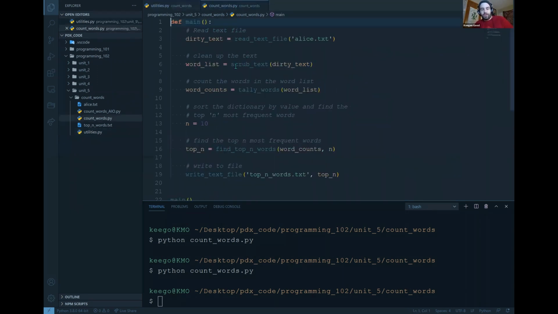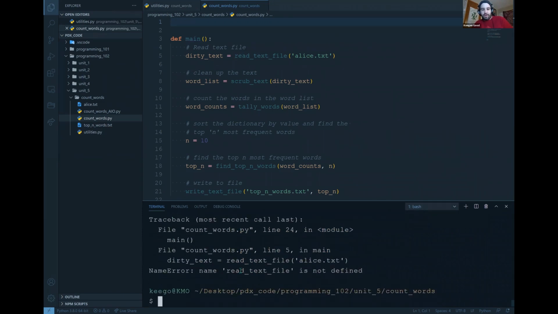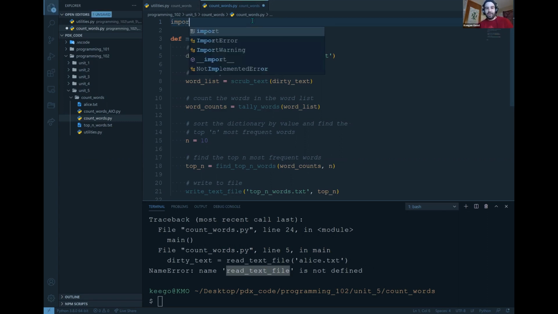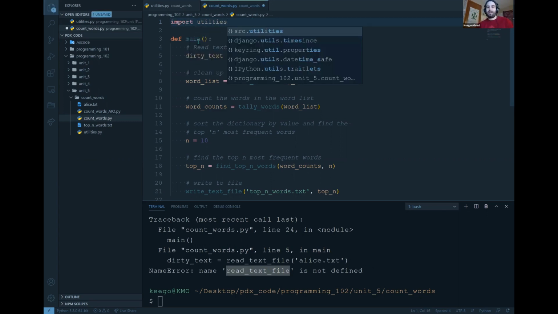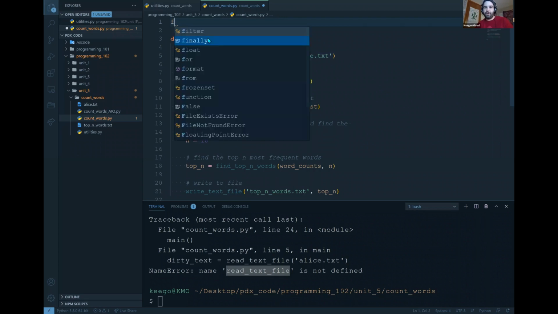So I'm going to come back into word counts now, and when I save this, this isn't going to work anymore, because now my functions don't exist in this file, so I need to import them. I could say import utilities, and then come in front of each of these and say utilities dot read text file, and for all of them. But I don't want to do that. I just want to import these functions. So I'm going to say from utilities